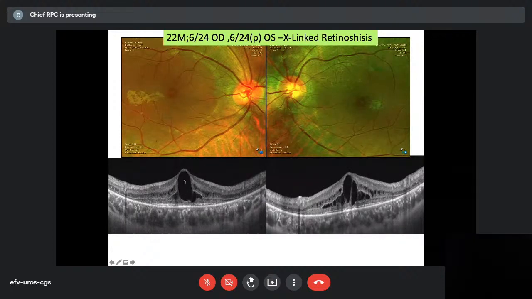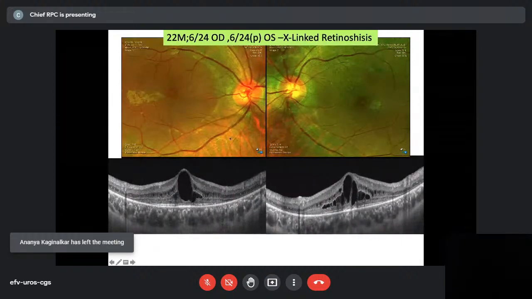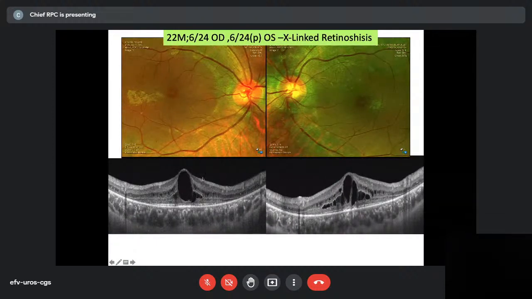Male, basically X-linked. And you see these cystic spaces and the schisis, the splitting of the retina. It's an X-linked retinoschisis. So you should think in such terms of these hereditary inherited retinal disorders, IRD patients. Whenever you see a bilaterally symmetrical lesion, start looking at the macula more carefully. Often X-linked retinoschisis is there, and you normally don't do anything for it. Some people say give Diamox, dorzolamide drops, some say even do surgery. But surgery is definitely not advocated, though you can give some dorzolamide drops to pump out the fluid. But there's no traction as such in these cases.